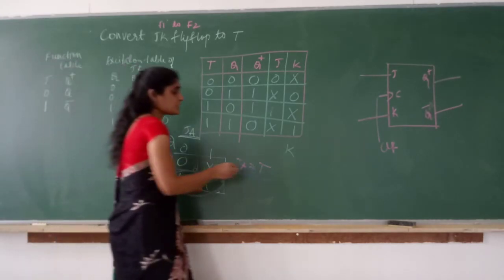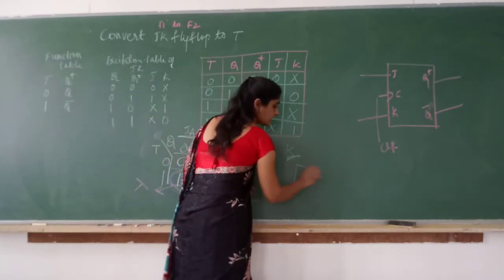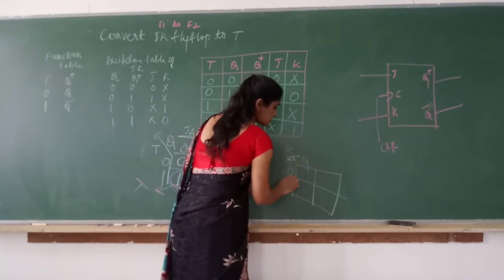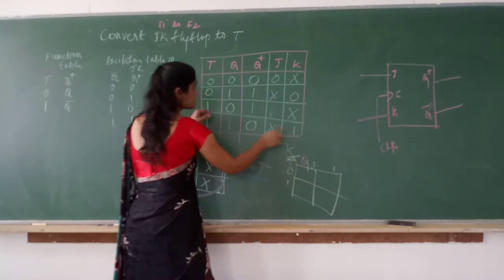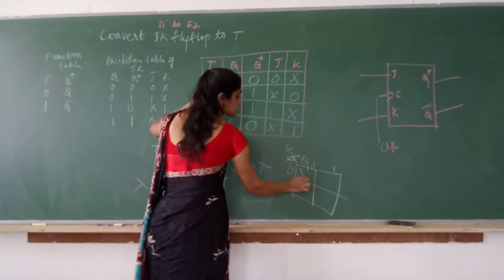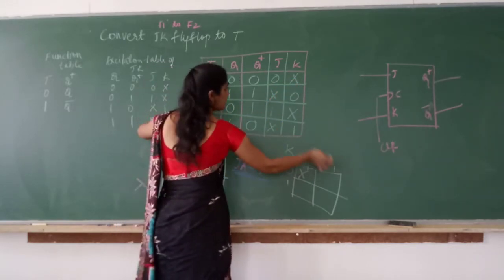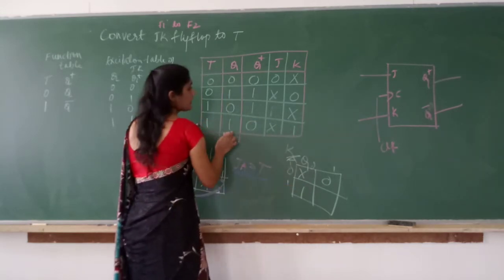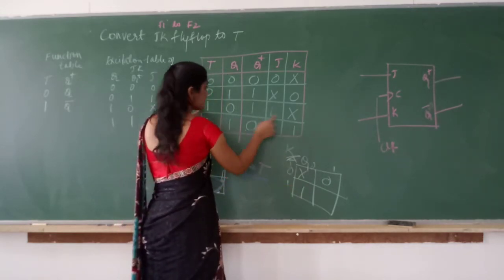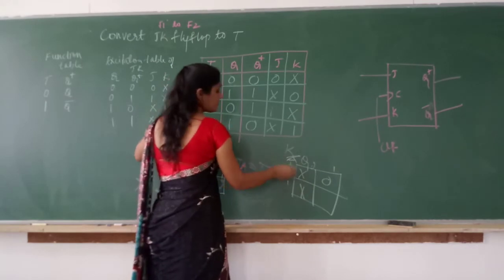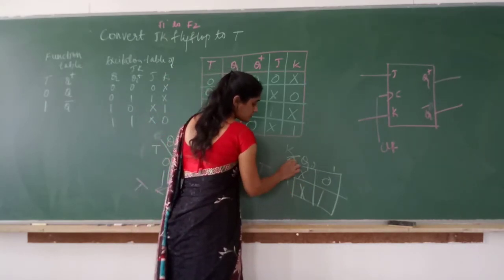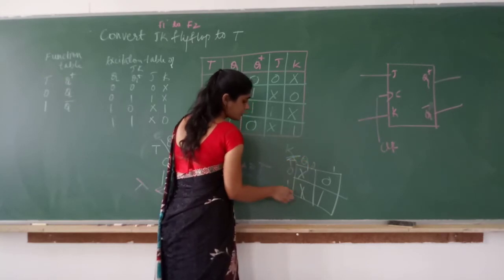Similarly, now we will derive an equation for K. Again two variable K-map. You can write the equations directly from this. 0 1 0 1. So 0 0 x 0 1 0 1 0 1 1 1, sorry, 1 0 x, no x 1 1 1. Again group. So this is T, no? This is TQ.